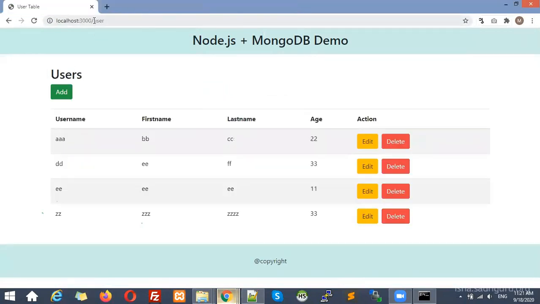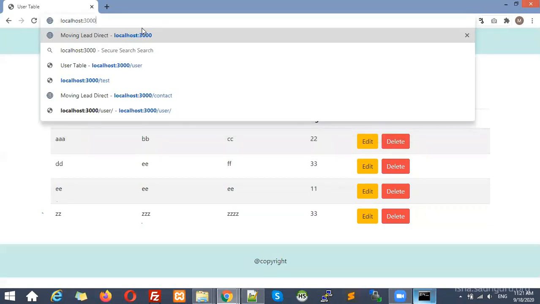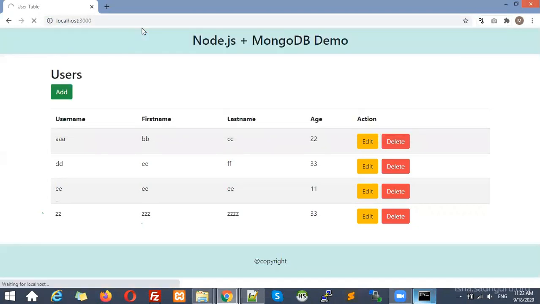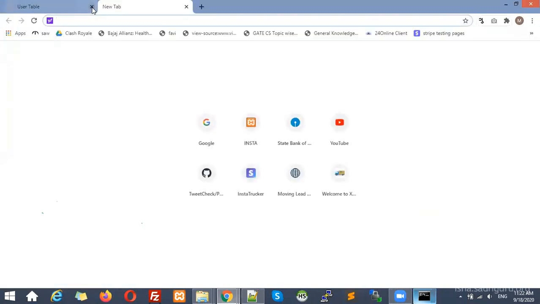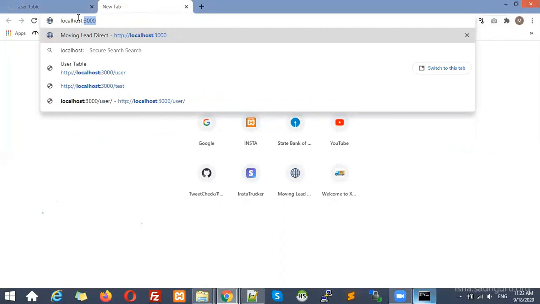This is the earlier application that we already closed, but this is the application we have started. If I type localhost 3000 and slash, and even if you don't type the slash it is okay, because by default it will take the slash, then press enter. Here you can see there is no output on the screen. You can see the process is ongoing. This is the output of the earlier program, so let me close it and start another so you can understand it properly. Here, localhost colon 3000 slash.